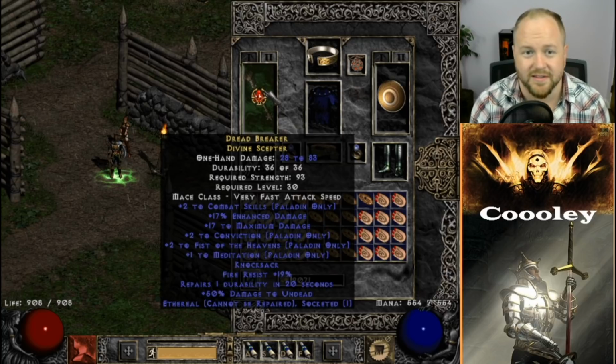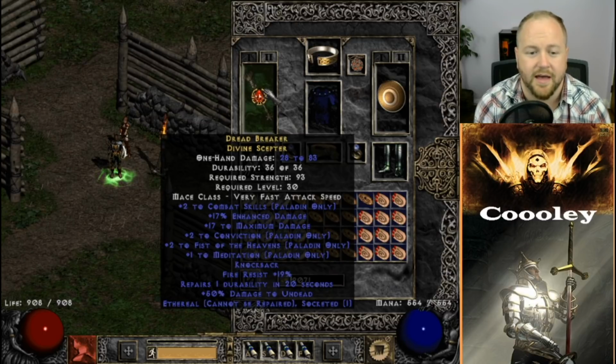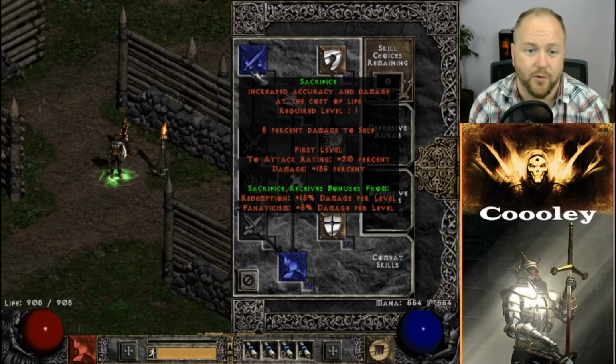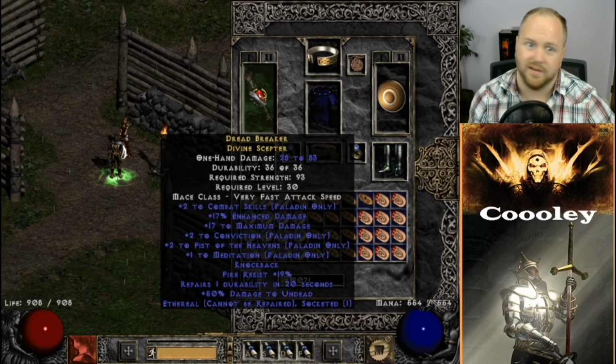When I switch weapons, I have what they call an FOH Scepter, and that is because it gives me not only Fist of Heavens, but it gives me the Conviction aura as well. Having a weapon like that saves you from having to put points into all of these skills to get down to Fist of Heavens. Basically enables me to cast Fist of Heavens and hit my opponent with an entirely different